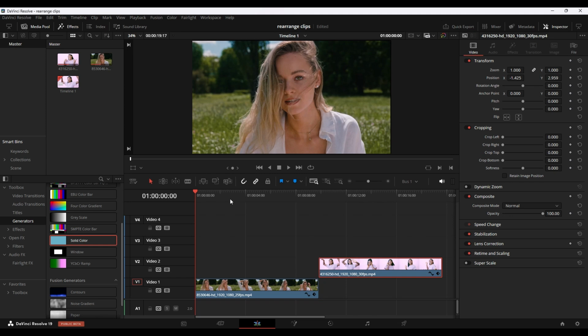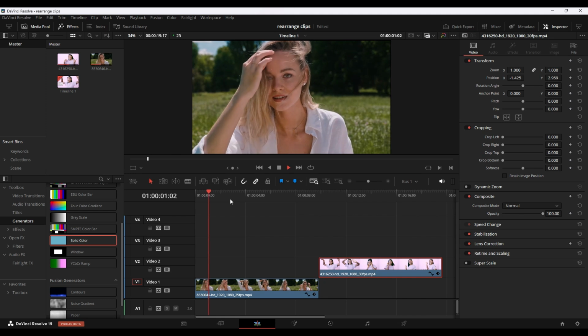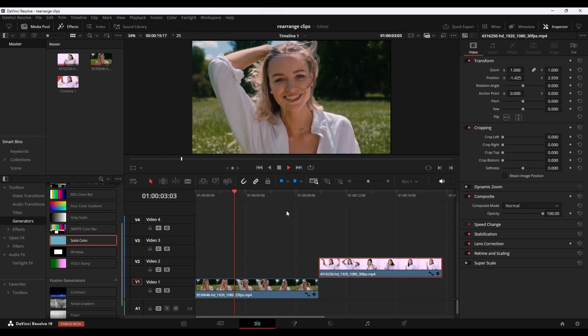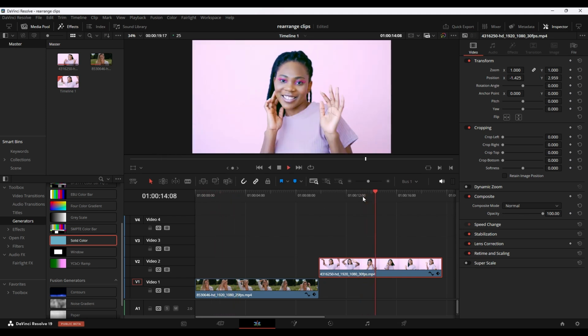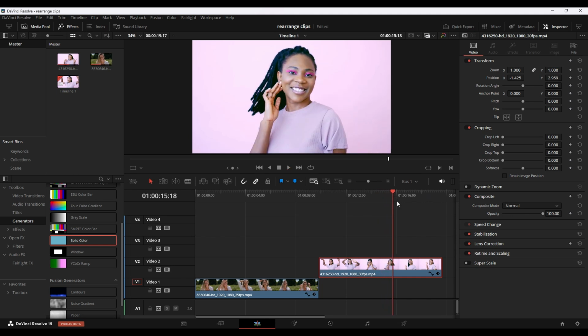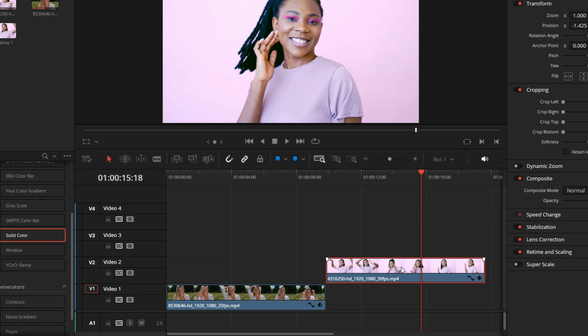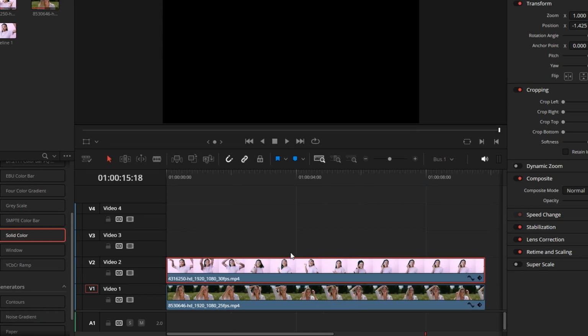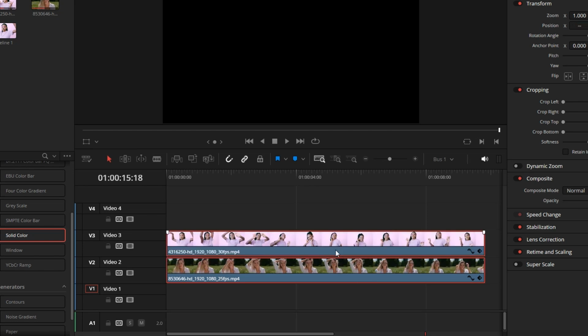Right here on the timeline, I have some footage which I downloaded from Pexels as usual. This is just a model in a park or somewhere, and another model just dancing in a studio. Right, so to do that, I'm going to make sure that the clip of this model is on top of the other one, just like that. I'm going to highlight both, drag them to a new layer,